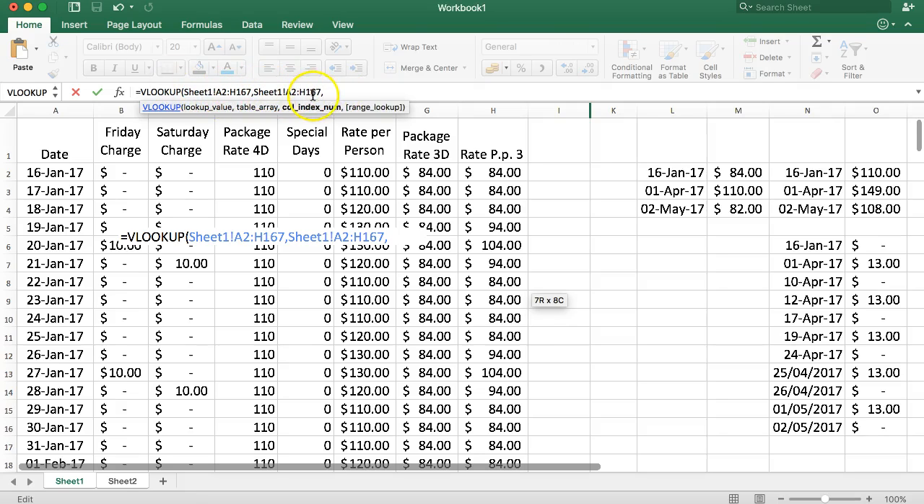So once we did that, what's the column index number? So you can see now we have a huge column here, and you can see our VLOOKUP is in here as well. Later on we can just adjust that. However, what is the value we need? We have here the package rate, so if this is the first column, 1, 2, 3, 4. So column number 4,